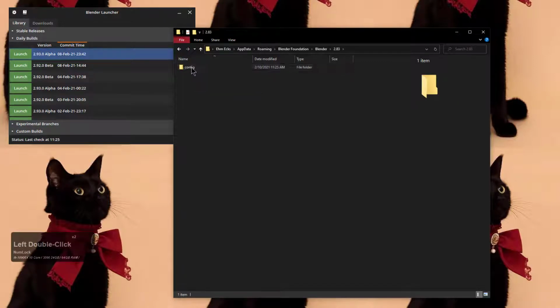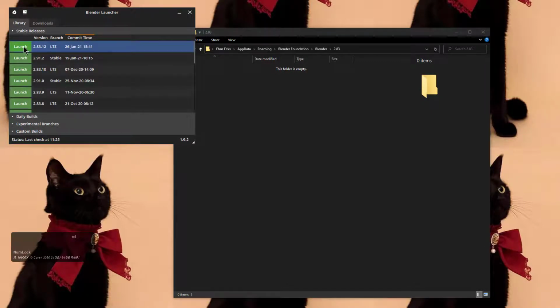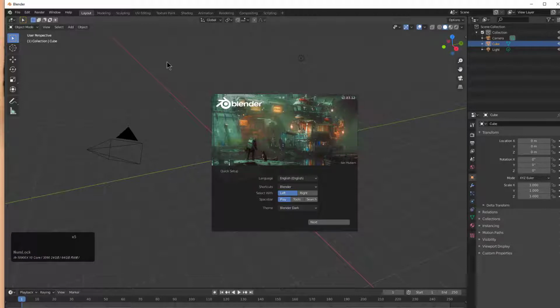If we go inside 2.83, we see that we have a config folder. If we go inside the 2.93, we see that there's just a config folder. What this means is that with the config, we can just delete this folder and it deletes our identity. I'm just trying to debate which one I want to test this with. We'll use 2.83 since we didn't set that one up the most, and we'll just delete this folder. By deleting the config, you've basically deleted your identity of who you are in Blender. So that means whenever I launch it again, it's going to launch with those parameters I set previously. However, it's going to launch as if I've never opened it before,